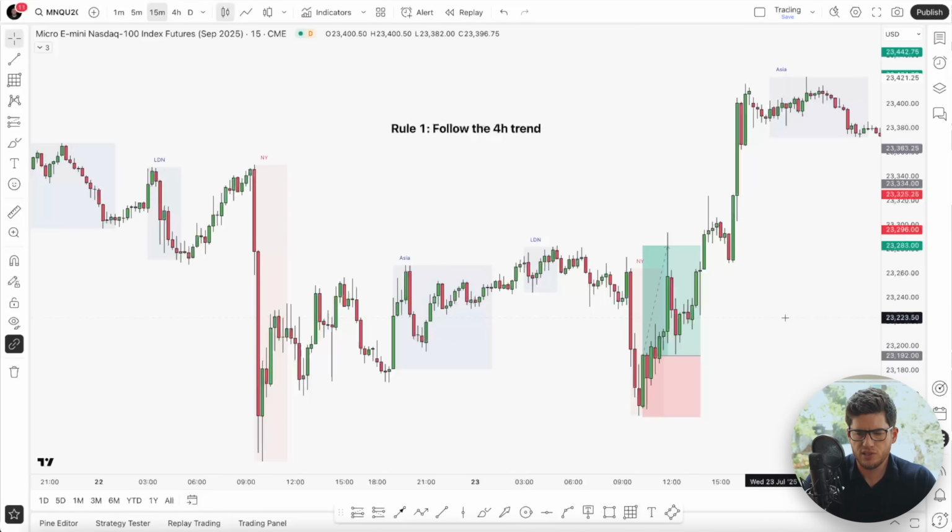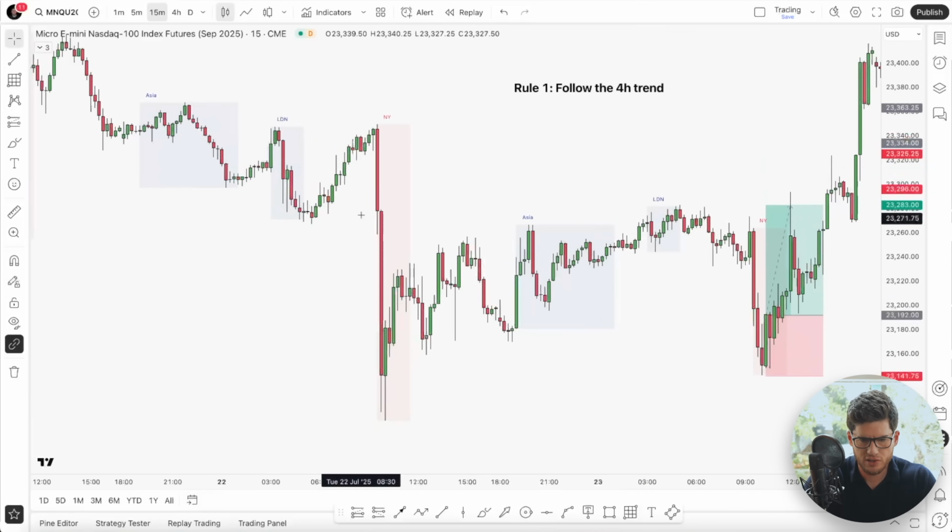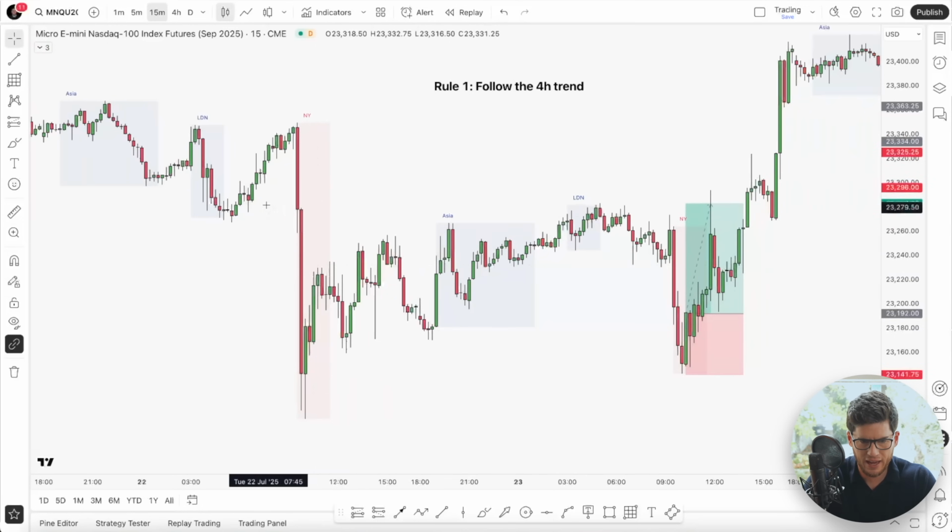Now let's remember these 3 rules. Number 1, it's follow the 4-hour trend. So even when the market looks bearish like this, we don't want to let that small 15-minute move, it's 2 candles on the 15-minute time frame, we don't want to let that move throw us off the idea, which is